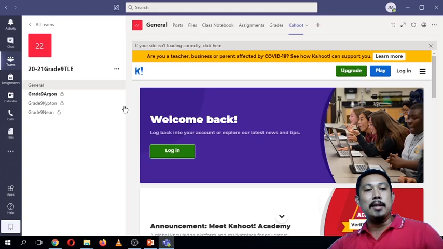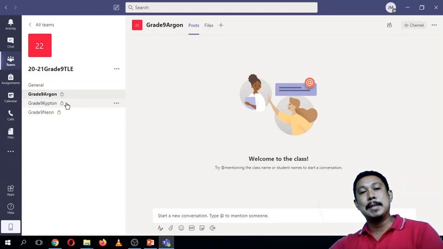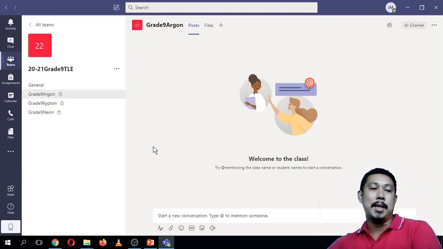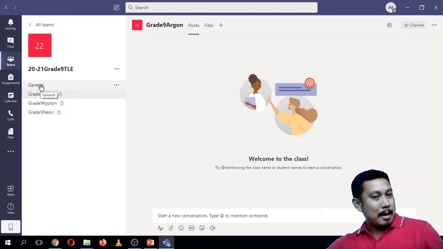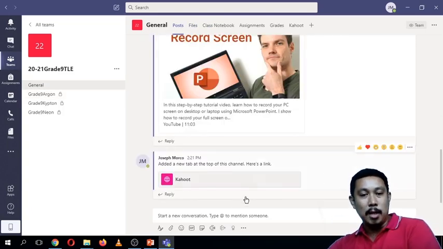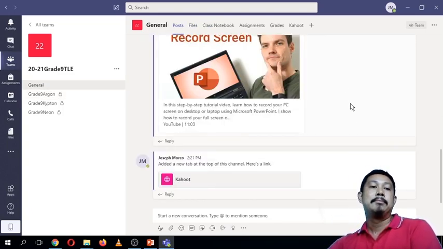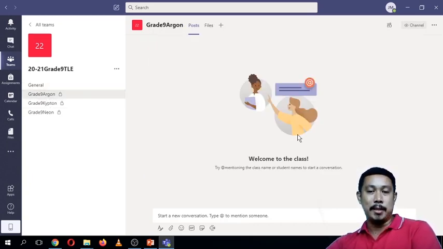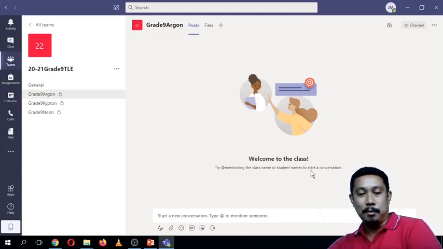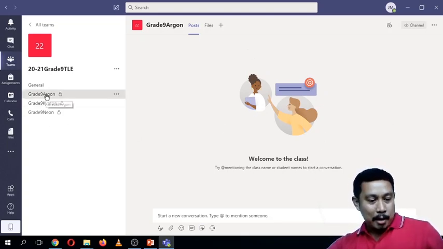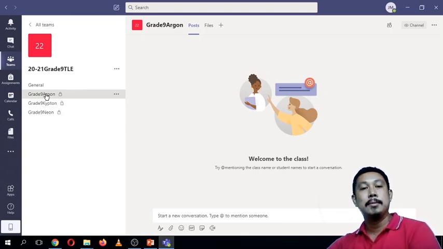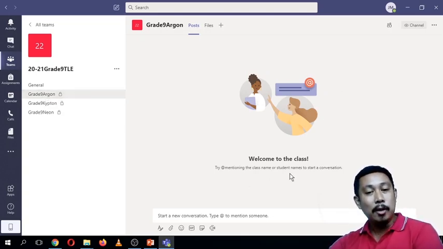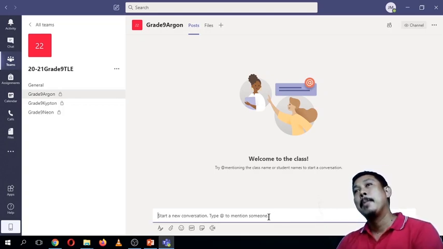So we are in the general area of the team. Ano naman ang meron doon sa area ng channel? So i-introduce ko na sa inyo yung general area ng team. Let's go to the area or the channel, inside the channel. What's in it? So ganun din. Say I selected the grade 9 Argon. Ano ang meron doon sa Argon channel? Kagaya nung sa general area ng team,